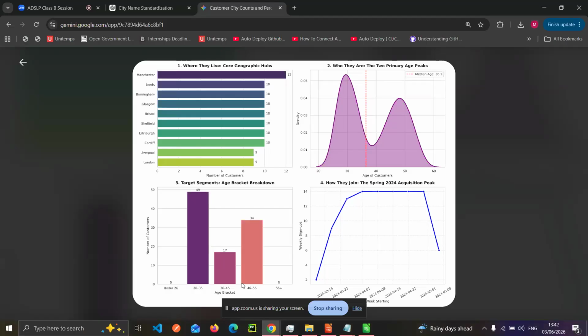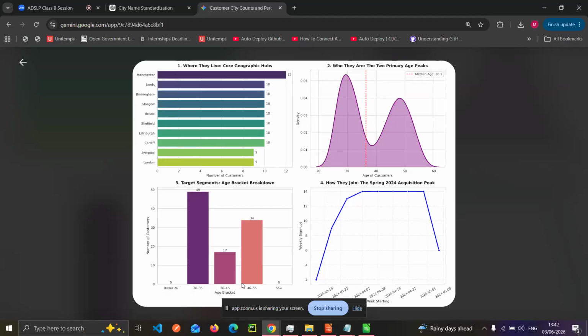With this kind of data, it is helpful for the marketing department to know who to target, because it's shown here clearly that the majority of the customers are between the ages of 26 to 35. They make up most of the customer population.